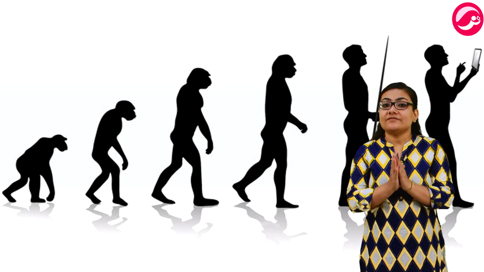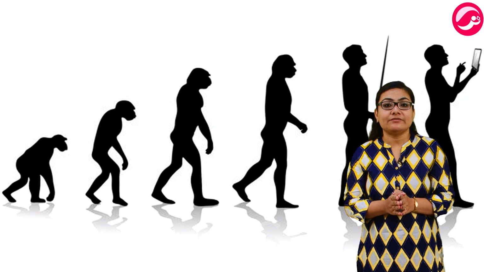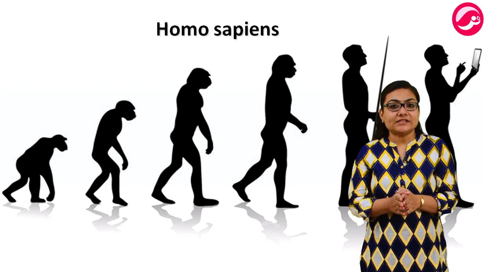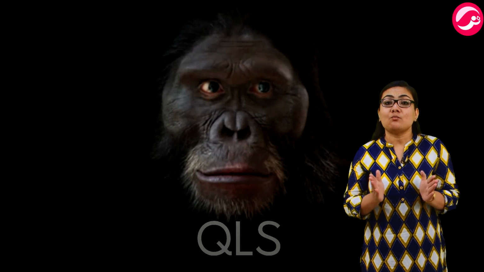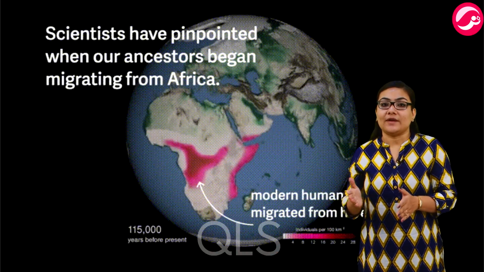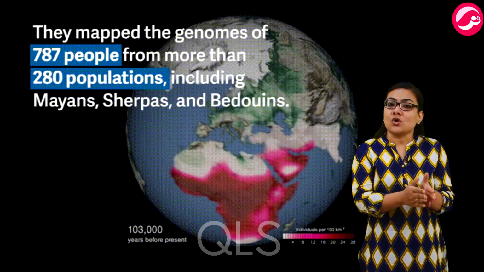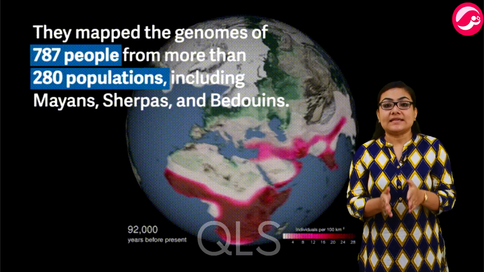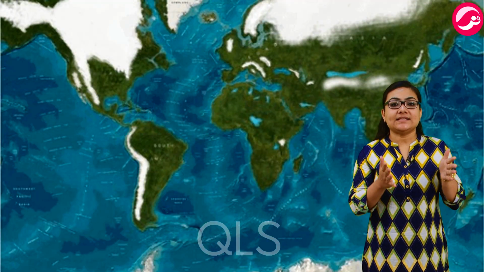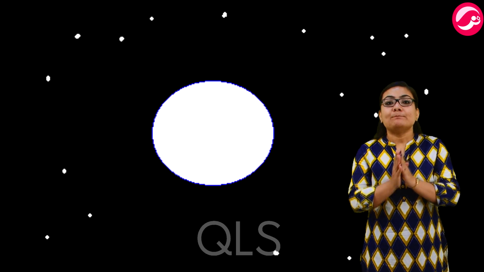Now, the last and very important topic, that is human evolution. Modern humans are called Homo sapiens. Many scientific investigations have shown that modern humans evolved in Africa. हम सब अफ्रीका से evolve हुए हैं. They migrated towards the north in due course of time and settled near what is known as the Mediterranean Sea. When the ice age ended, जब ice age end हुआ, melting of ice resulted in a rise in the water level.